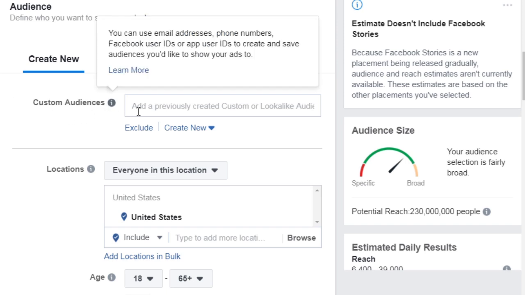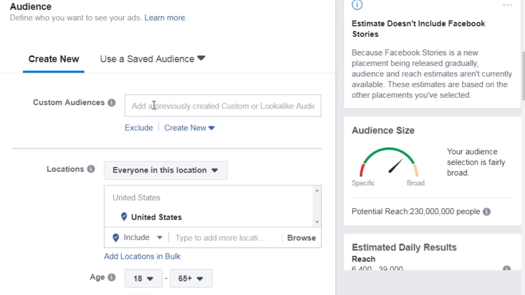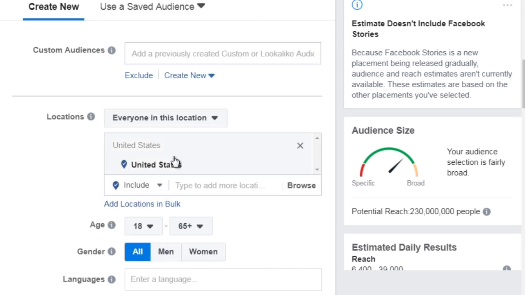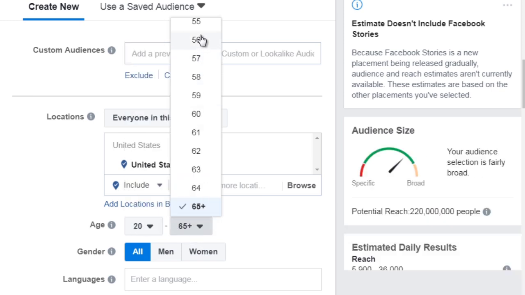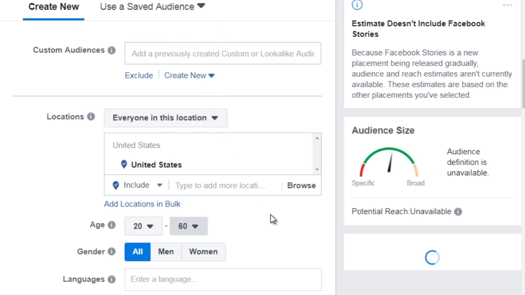So as you can see here, custom audiences, you simply click here and you will be able to choose the custom audience. Now, I'm not going to do that now because I've got several custom audiences in there, but you just click here and then choose the custom audience. And it's really that easy. Now, location allows you to specify a specific location. So if you want to do custom audiences, anybody who visited a specific page, but is also located in the United States and is within the age bracket of, let's say, 20 to 30 or even 60,